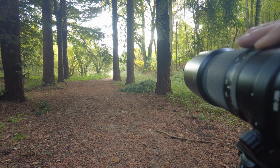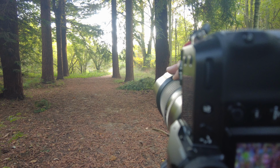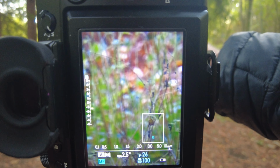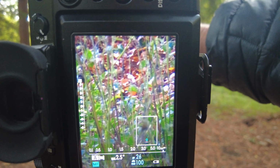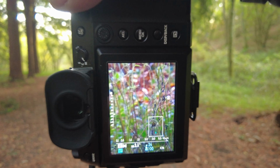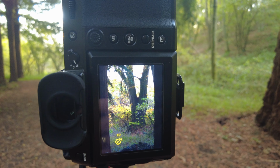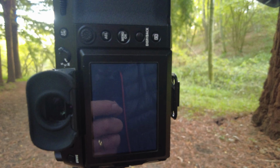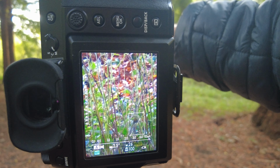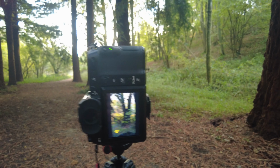And I'm going to take the aperture even lower. I've gone to f/26 to get as much depth of field, and I don't know if you can see that on the back of the camera, but the focal point's moving quite noticeably. So let's get that little bit of branch in focus first, and then I'll move a little bit further into the grass. And that should be